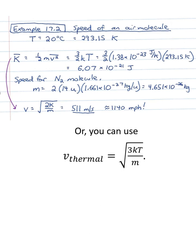Let's look at an example in the book that uses this equation, example 17.2. It says find the average kinetic energy of a molecule in air at room temperature, 20 degrees or 293 Kelvin, and determine the speed of a nitrogen molecule with this energy. All right, so we have the temperature 20 degrees Celsius or 293.15 Kelvin, and the question is asking to find the average kinetic energy. Well, average kinetic energy is 1/2 mv squared bar, which you saw on the previous page. That's the same as 3/2 kT. So we plug in 3/2 times k times the temperature, and we get 6.07 times 10 to the negative 21